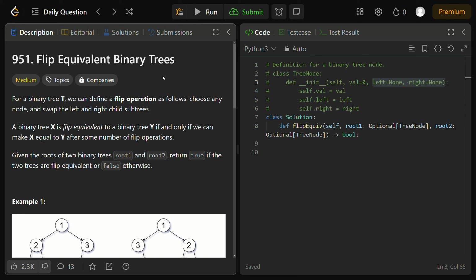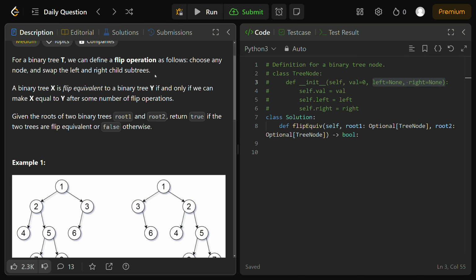So a binary tree X is flip equivalent to a binary tree Y if and only if we can make X equal to Y after some number of flip operations. We're given the roots of two binary trees, root 1 and root 2, and we need to return true if the two trees are flip equivalent or false otherwise. So pretty straightforward problem statement here, and let's go ahead and better visualize this in the examples to see how